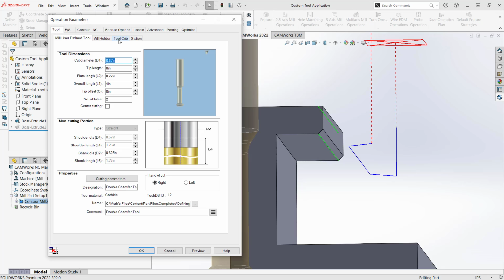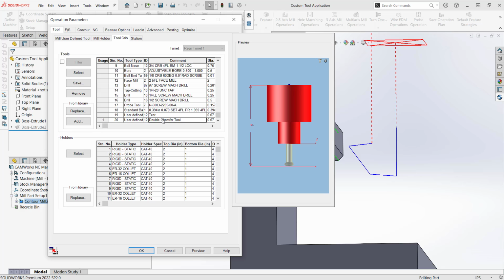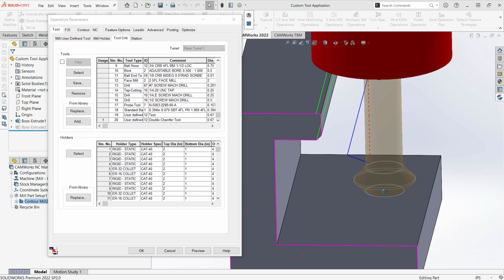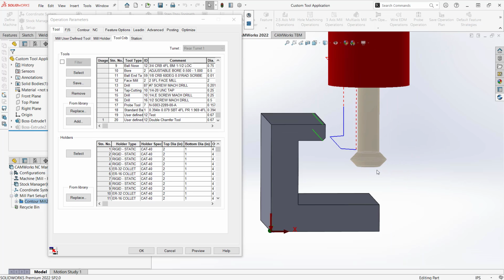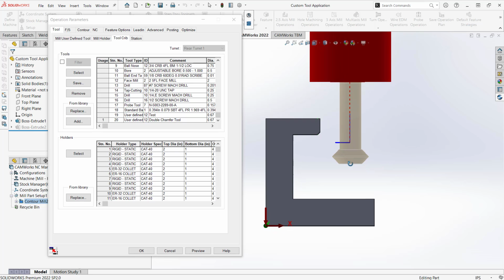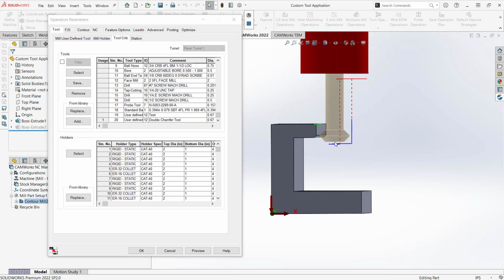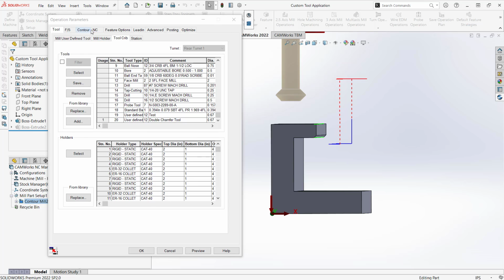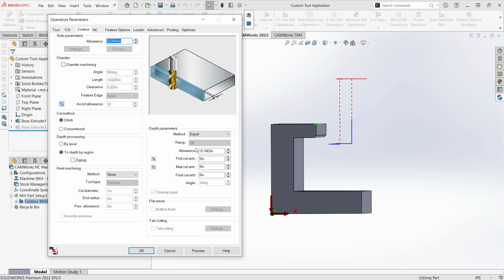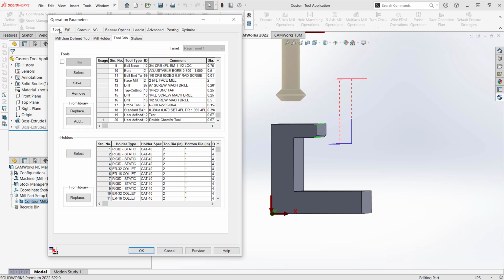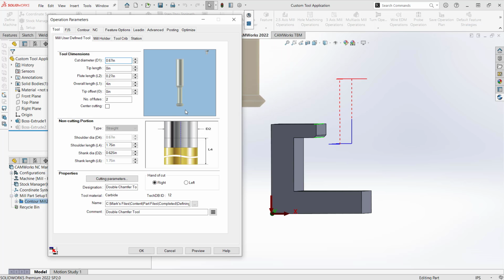So we go to Tool, Tool Crib. You can see that I have the tool selected, and you can see that it comes in with the shape that we defined. So you select the shape tool the same way you would choose every other standard tool. The only difference between using this tool and other tools is it is a shape tool. So you want to make sure you know the shape of your tool, and you want to add appropriate allowances on the side parameters and the depth parameters, because when you define a tool, it actually is defined by, if I just go back to my tool section here,